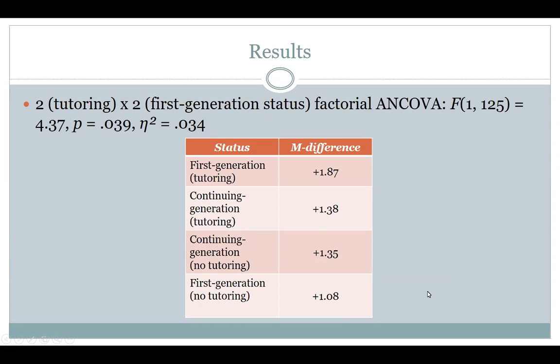So what kind of grade improvement can you expect if you're a first generation student and you get tutoring compared to if you're a continuing generation student and you get tutoring? Well, it's a half a grade point higher, which is nothing to shake a stick at. And then obviously the continuing generation, no tutoring, right? Here's the interesting thing: for continuing generation, there's a non-significant difference between their gain without tutoring and the gain achieved by continuing generation with tutoring. And of course, first generation without tutoring, they perform the least well.